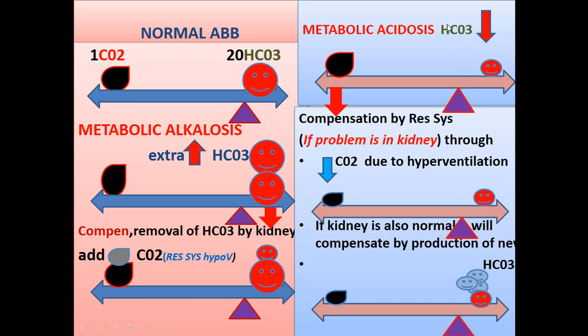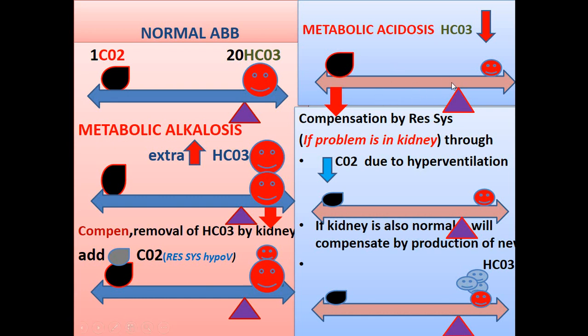So it is again a laboratory test. Whenever you suspect acidosis, go for the bicarb level. If the bicarb level is less than 24, you may suspect that the patient is suffering from acidosis or is moving towards acidosis. So the bicarb is decreased. You can well see that if you compare this size with this size, the bicarb is reduced. Now how is this going to be compensated? How is this compensation done?